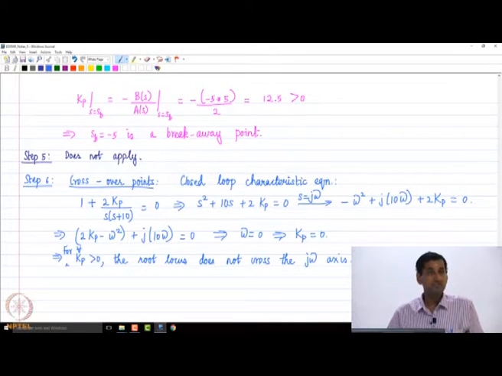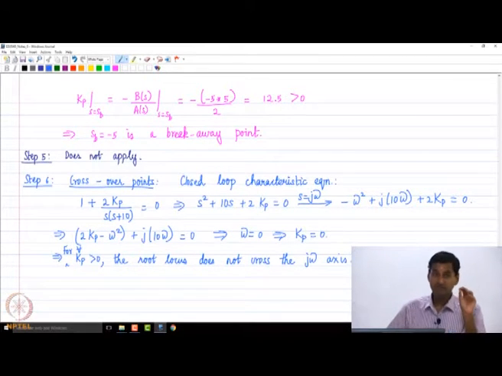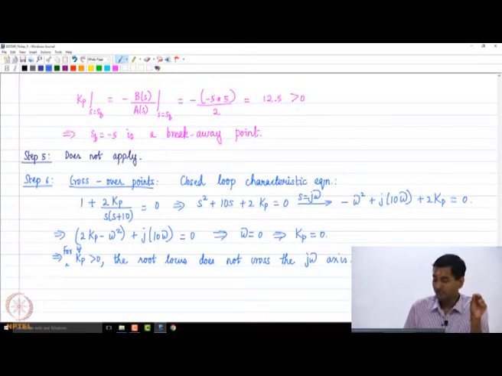Yes, so if 0 does not lie on the root locus, then can we directly say that there won't be any crossover point? In the second step, we are deciding which part of the real axis lies on the root locus. So if 0 does not lie on the root locus, then the j omega axis. Yes, absolutely. But we need to be careful. Okay, I got your question.